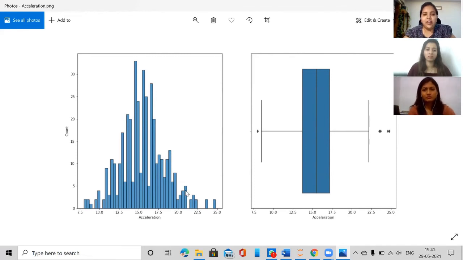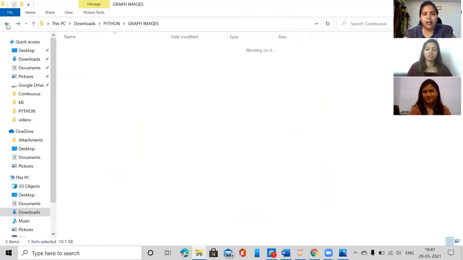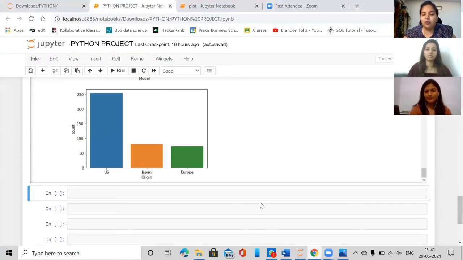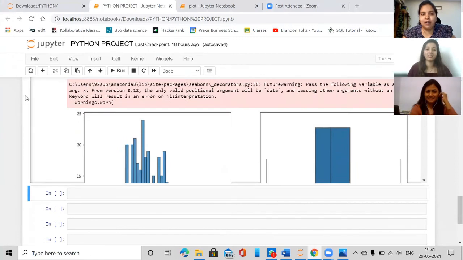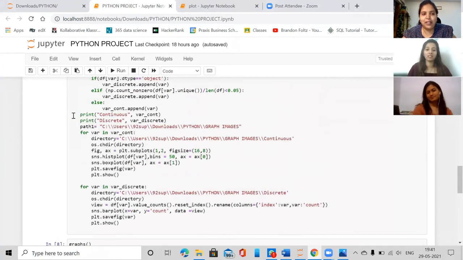Now, thanks, Supriya. This will save a lot of time for me, a lot of repetitive, boring tasks, and the data will be saved in a folder which can be used by other team members as well. So you solved my second problem as well. In fact, you have automated a big chunk of the graphical data analysis part of EDA.